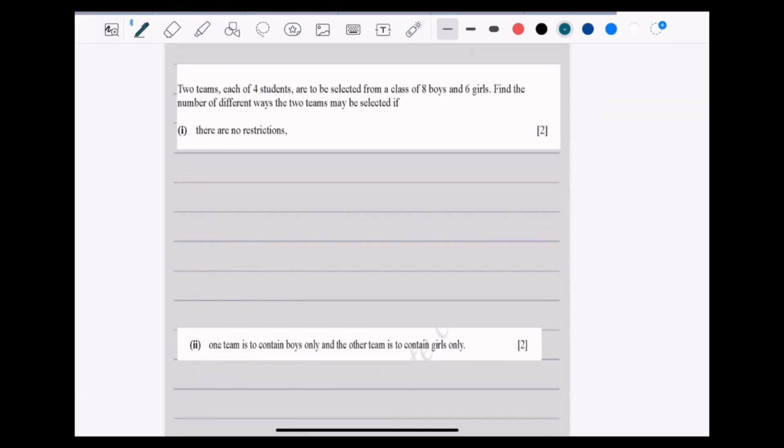So let's look at this one. 2 teams, each of 4 students, are to be selected from a class of 8 boys and 6 girls. Find the different ways the 2 teams may be selected if there are no restrictions. So there are 2 teams, each of 4 students. So when there are no restrictions, the total number of people is 14. We'll say 14C4